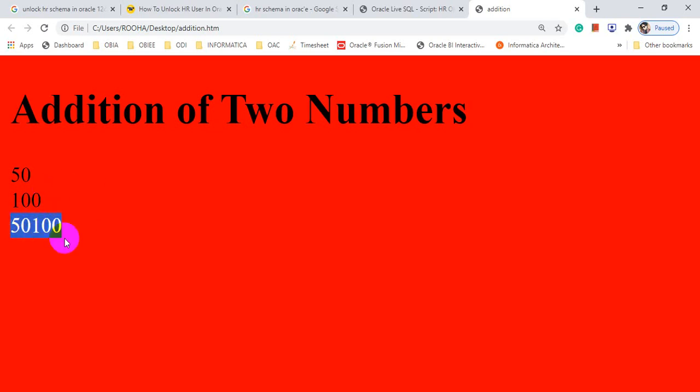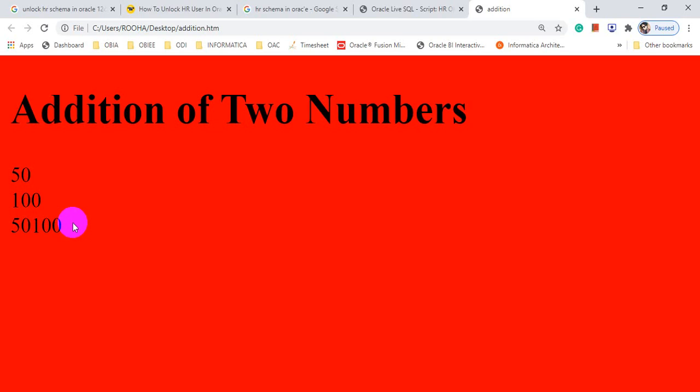What is actually happening in this question? Here concatenation is going on. So you have to go back and remember when we learned the prompt box, the prompt function, I explained that by using the prompt box you can accept value in the form of string. The prompt box will return a string value, and by using string you cannot perform addition.